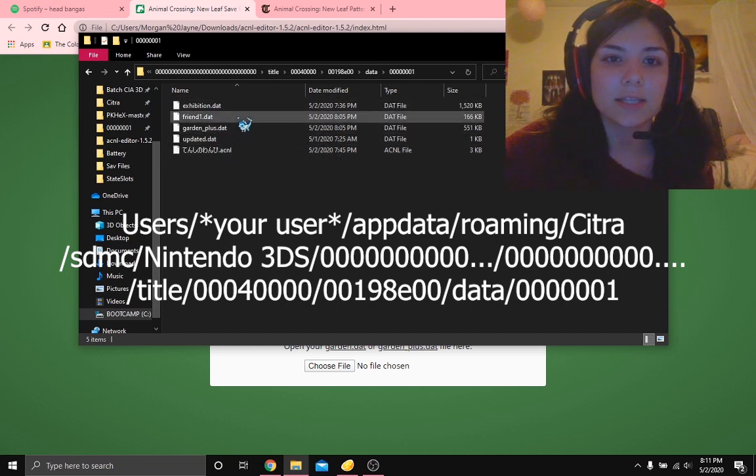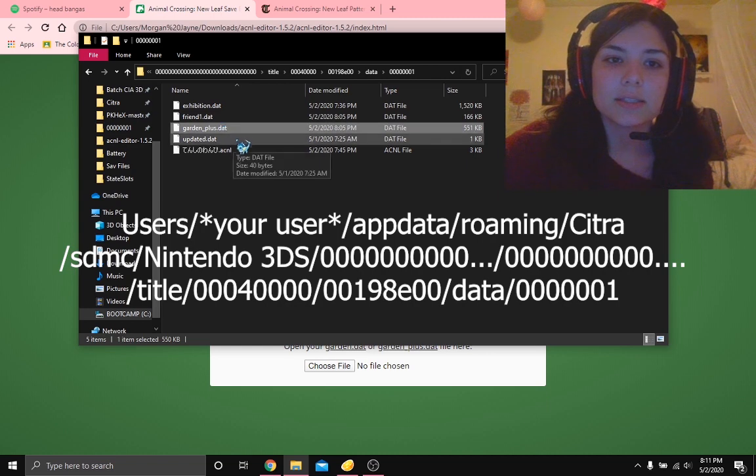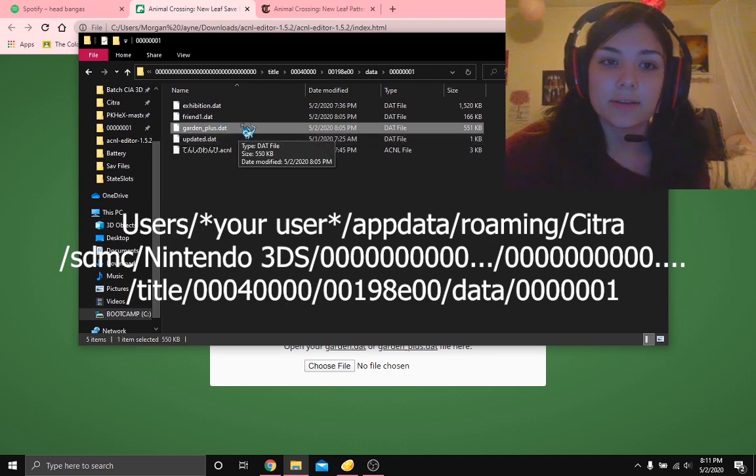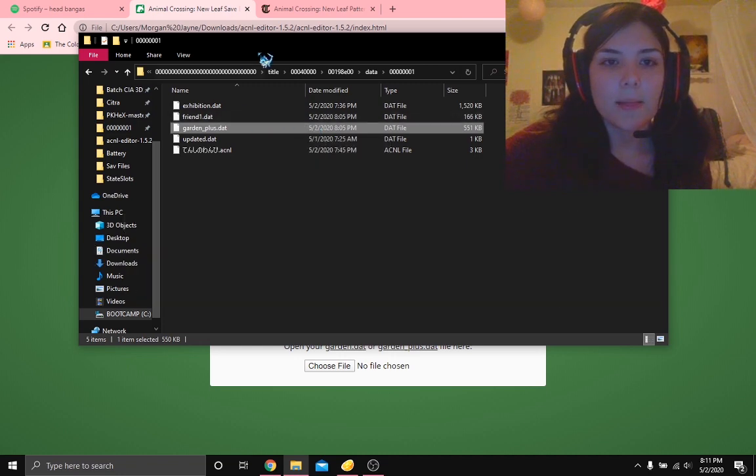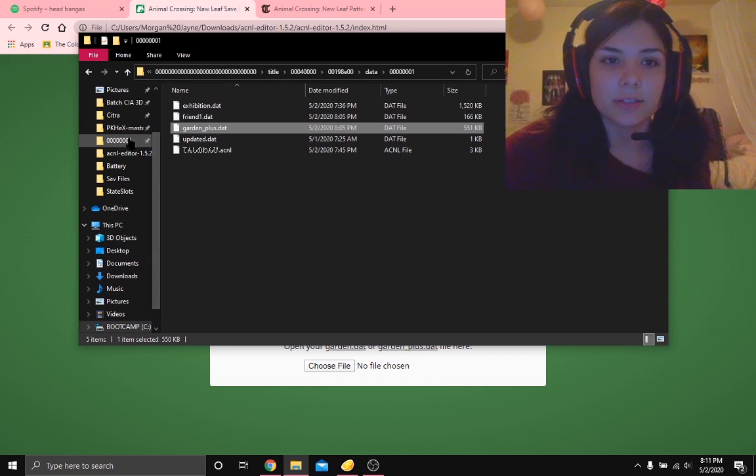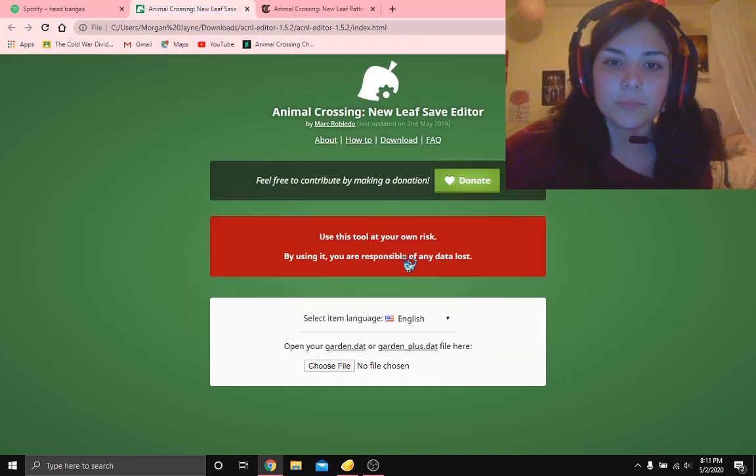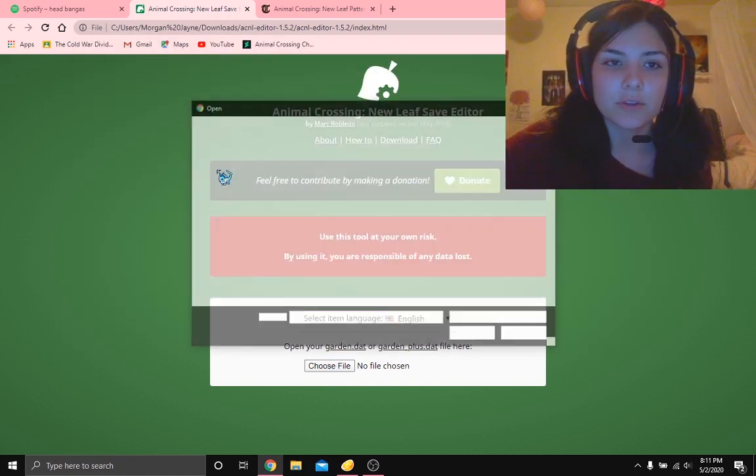So here is everything, and this is the garden_plus.dat file that I have. It is a dat file, data file, so that is what we need. So what you want to do is just put it in your quick access over here on the left. I already did it. And then you want to choose the file,